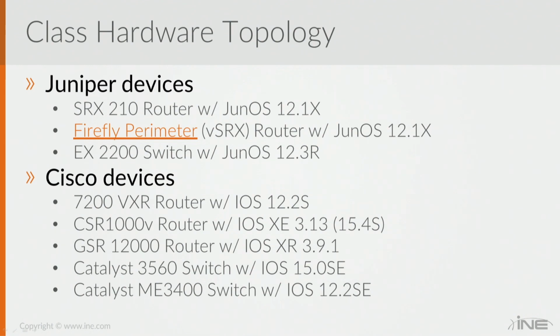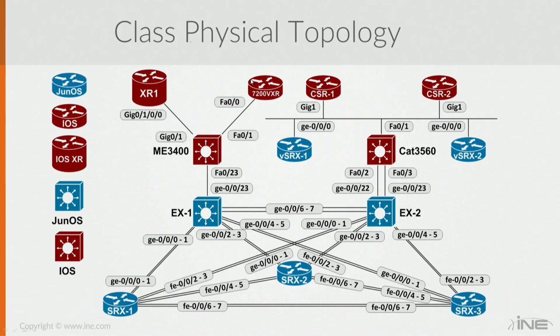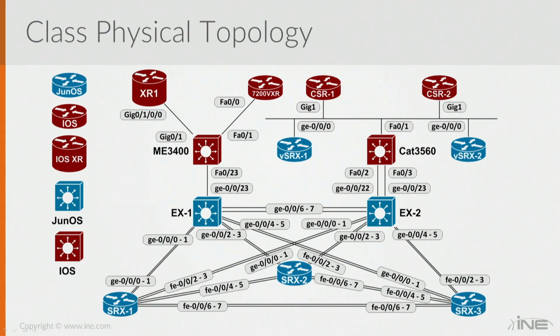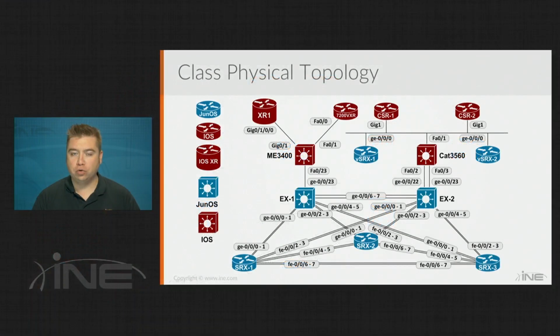Now, from a physical topology point of view, you'll see here the specific wiring of how the topology is set up. And like I mentioned, this is going to be a mix of both JunOS boxes and iOS. So we'll talk about things like configuring trunking, configuring link aggregation, configuring routing, and then not only how do we